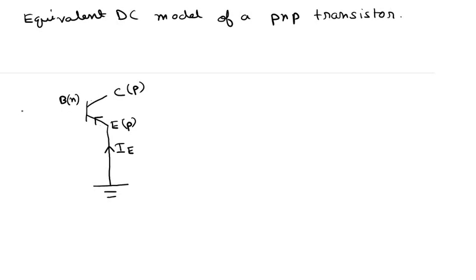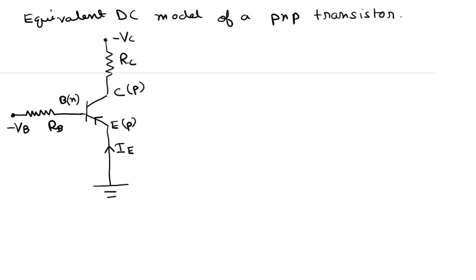Okay, so to forward bias the base to emitter junction, the base should actually be connected to a negative voltage source. So it is connected to a negative voltage source through this resistor RB here, and this is minus VB. And again, the collector should also be connected to a negative voltage source here, because the transistor is PNP. So it is connected to the voltage source minus VC through this resistor RC. Okay. So to reverse bias the collector to base junction, the collector should be connected to a negative voltage source.